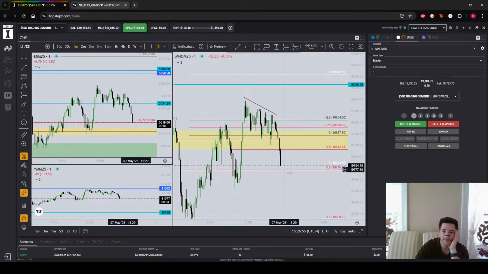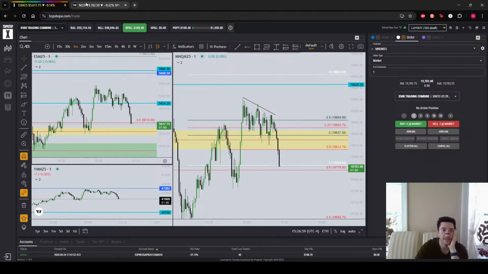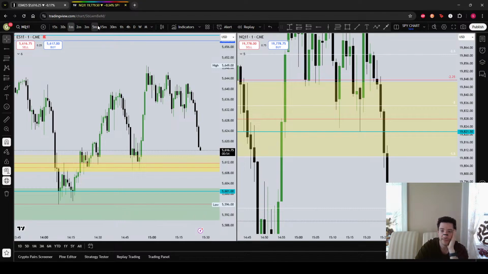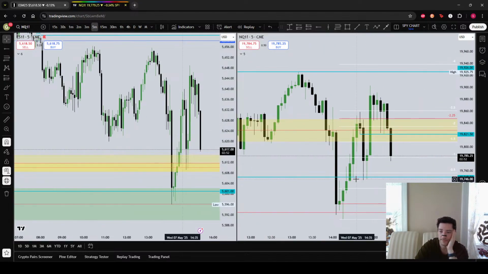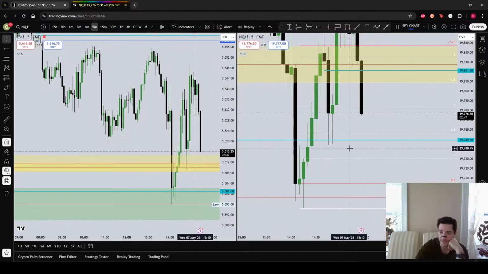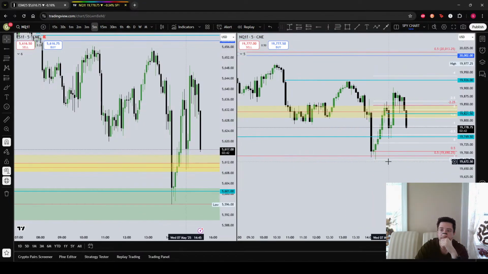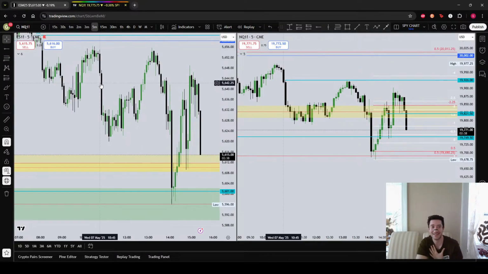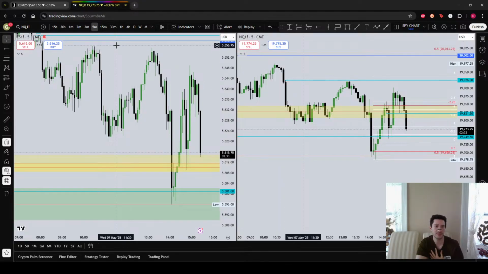Wickless candle, let's see if that does it. Now I'm looking at my ES or my NQ chart on the 5-minute volume imbalance. Now I'm starting to think, wow, this is really ripping deep. Maybe it wants to go down here. Maybe I'm wrong about the upside. I don't think I am, but maybe I am. Or maybe it's tomorrow. Maybe my timing is off. I mean, this is odd.